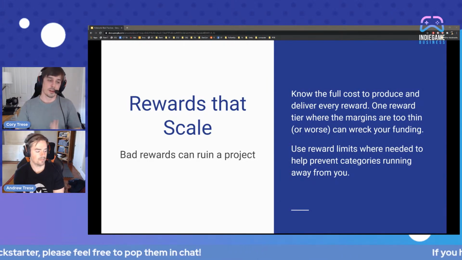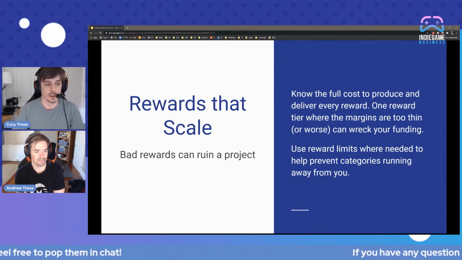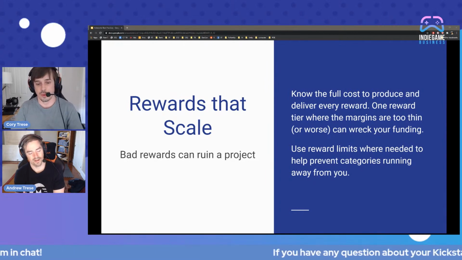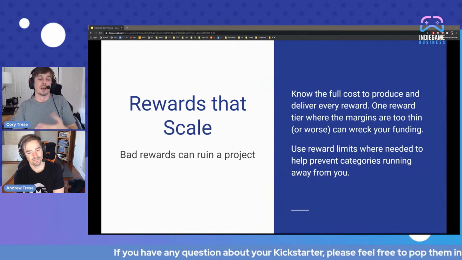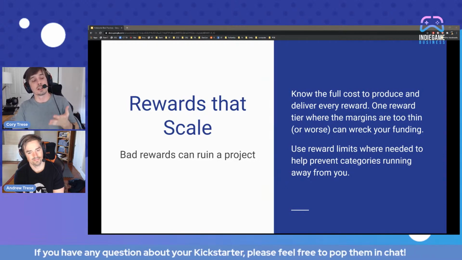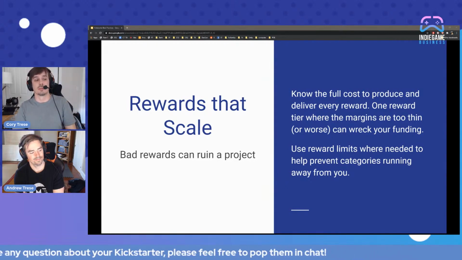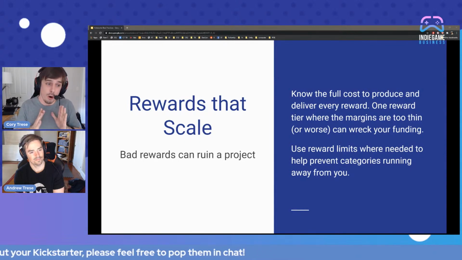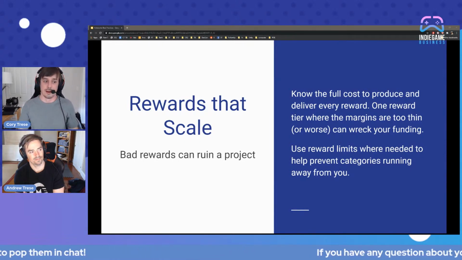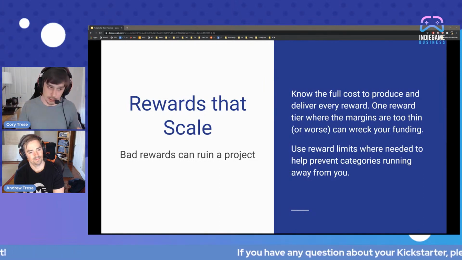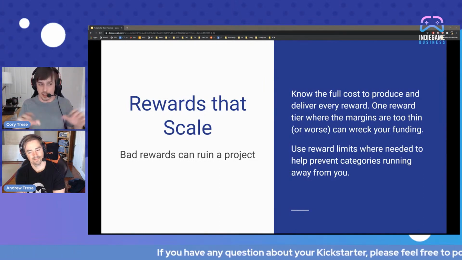And that was one of the things that, if we'd had 10 or 15 of them, would have been great. The margin would have been thin, but it wouldn't have been that big of a deal, and we would have gotten it done in a week. You get a couple hundred, and all of a sudden you're like, oh, this is going to be really painful, because we're going to spend all the money we raised on this reward tier on just that 3D asset, and it's going to take us months with the art team to get all of these done.